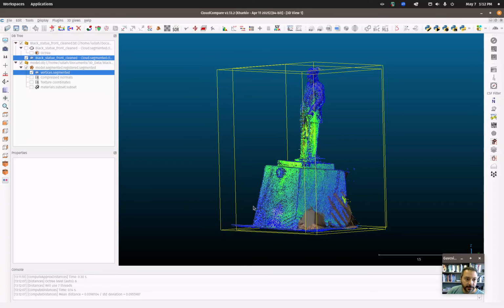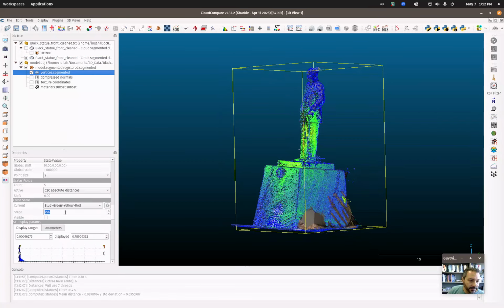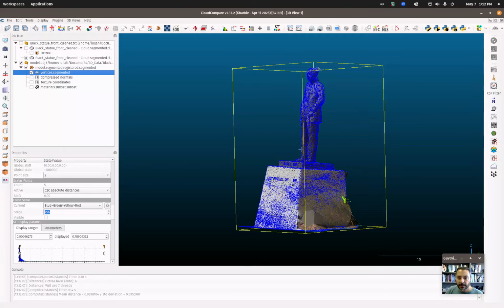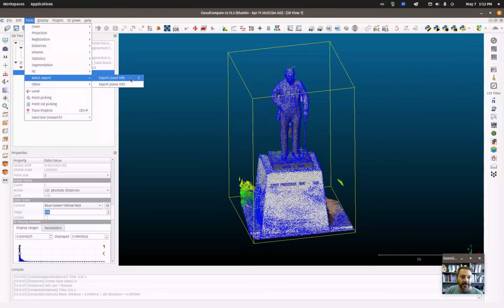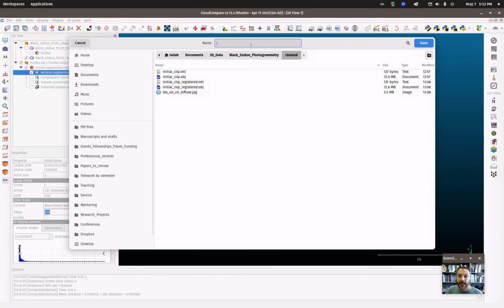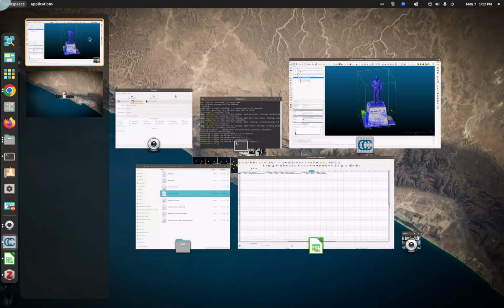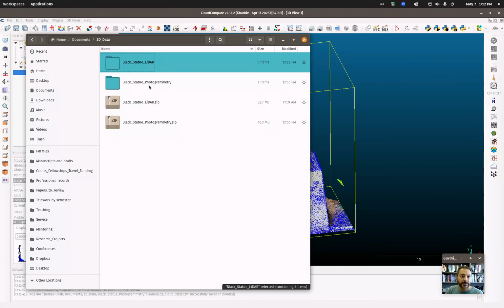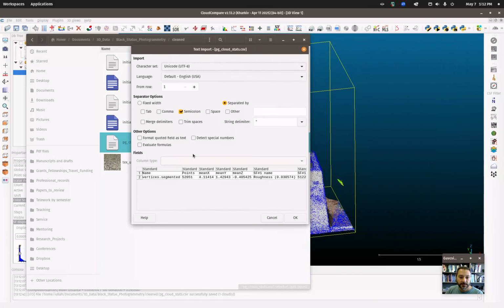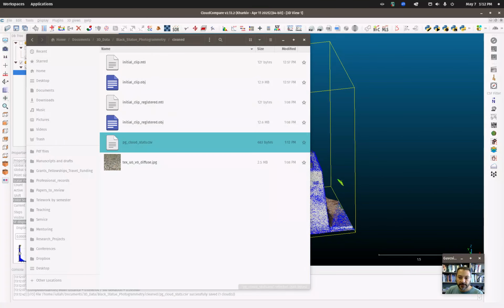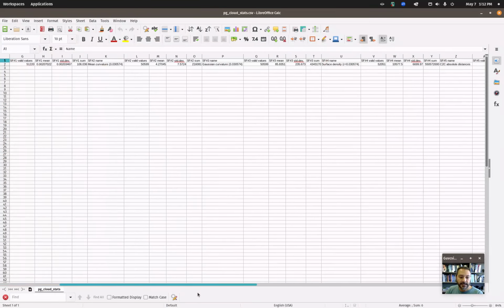And it may take a little while to do it, but then click OK. And somewhere in here should be a new scalar field, absolute distances cloud to cloud. And so that's the color that we're looking at now. And here, once we have that, we can go to Tools, Batch Export, Export Cloud Info. And I'm just going to put pg cloud stats.csv, click Save. And when I open up those things in my spreadsheet, and again semicolon as the delimiter,